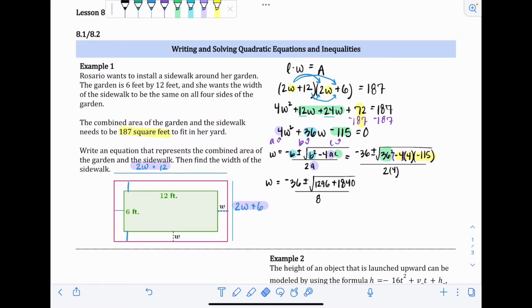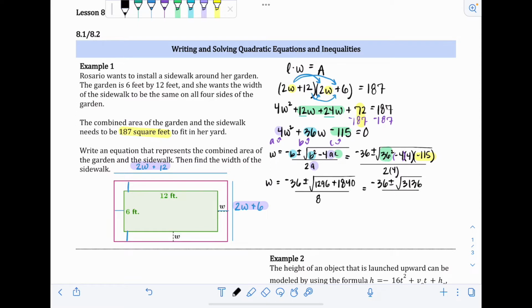Okay, so one more time, just really quick. If you have a way that you prefer to do it, this is not the only way to do it by any means, but usually to keep my signs straight, I just like to think of this minus as a negative with the 4. So it's negative 4 times 4, which is negative 16, and then negative 16 times a negative 115 would become a positive 1,840, so this is a plus. And then we can go ahead and add the numbers inside the radical. So negative 36 plus or minus the square root of 1,296 plus 1,840 is